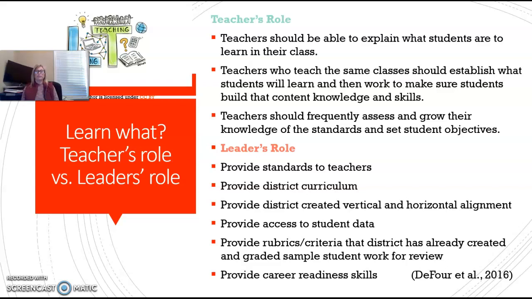A leader's role. They should provide standards to teachers and provide district curriculum. A leader should provide district-created vertical and horizontal alignment and provide access to the student data. They should provide rubrics or criteria that the district has already created and graded sample student work for teachers to review. They should also provide career readiness skills. DeFore et al. 2016.